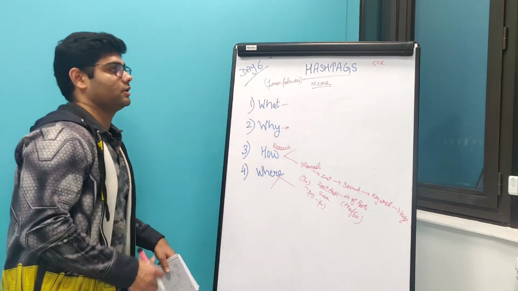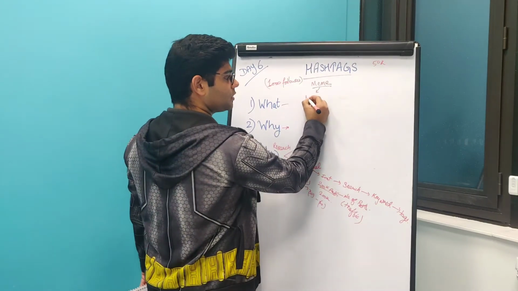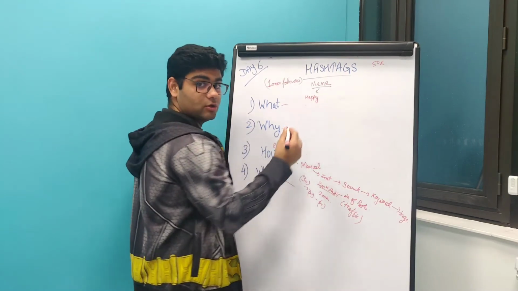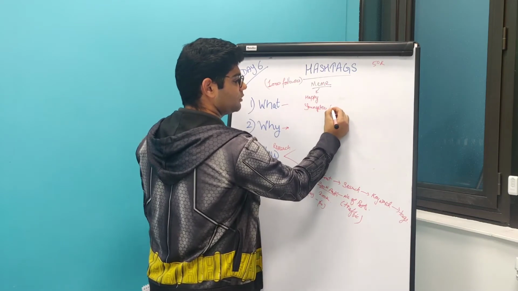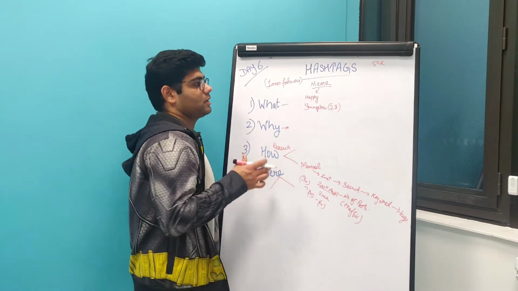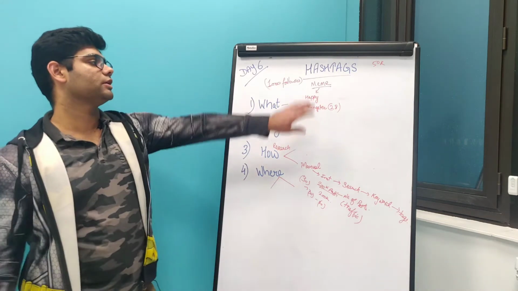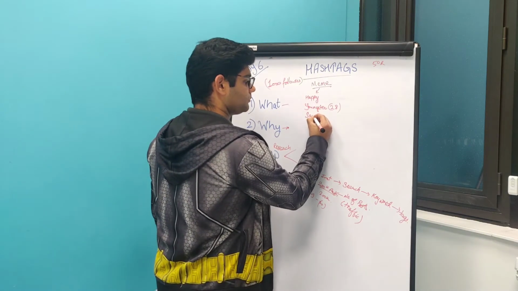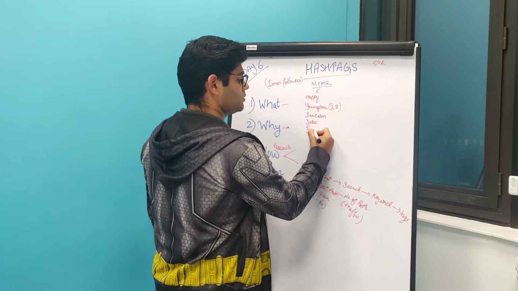What kind of people are going to take it or think of it? Happy people are going to think about it, right? And then who? Youngsters, right? By youngsters I mean people up to 28. Then the hashtag comes from the things in which I am interested, right? So what are the things which will interest this meme audience? More sarcasm, jokes, funny jokes,